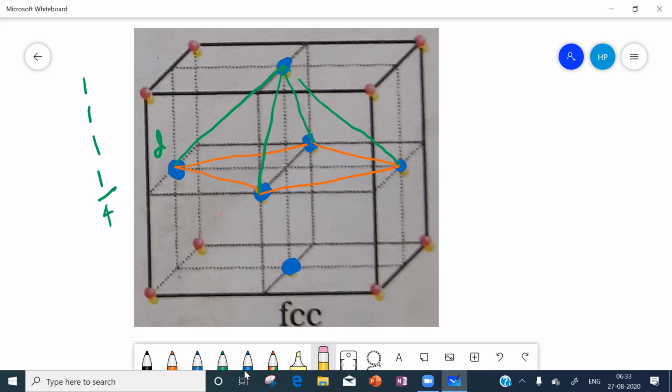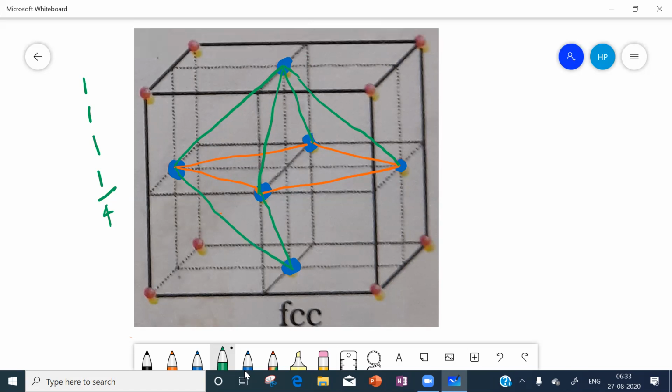Next, is there any other possibility? That we will see. Using this top face center and these 4 face centers, we got 4 triangles. Next, we will take this bottom face center and try. Now we will join this with the bottom face center and this with the bottom face center.